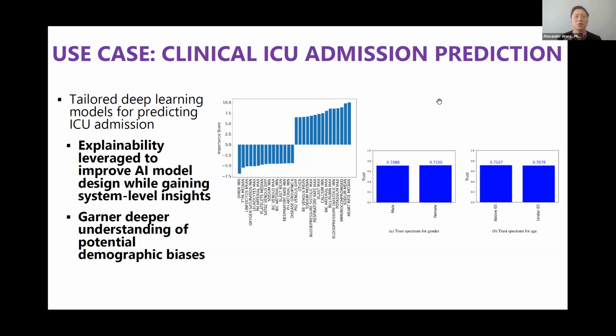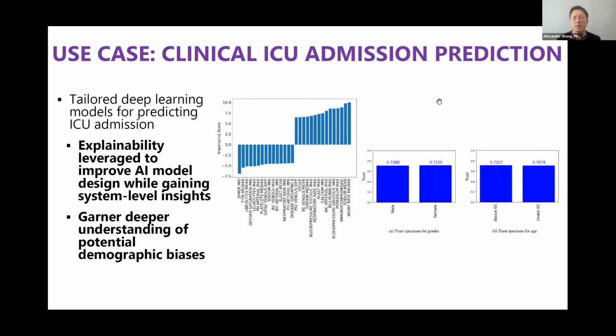Not only that, with trust assessment, we're also able to garner a much deeper understanding of potential demographic biases. So in this particular case, what we did was we analyzed the trustworthiness of the model when it comes to gender. It's actually quite fair in terms of this model, as well as related to age. In this case, it's also very fair, right? But we've also run into other situations where we're building models and we're able to find not only gender or sex types of anomalies and inequalities in the trustworthiness of the decisions being made.